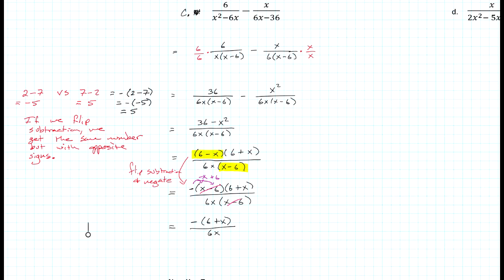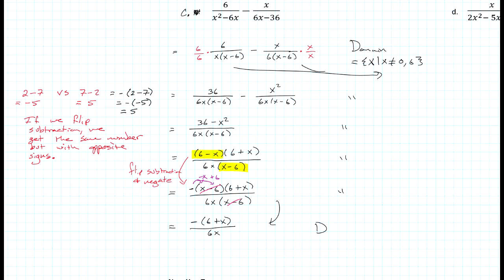And now let's look at our domain. So the domain is the same. The domain is going to be the set of x such that x cannot equal 0 or 6. And I'm seeing that from the second line where we've already factored things. And then that doesn't change all the way through until we cancel. Then at the last step,